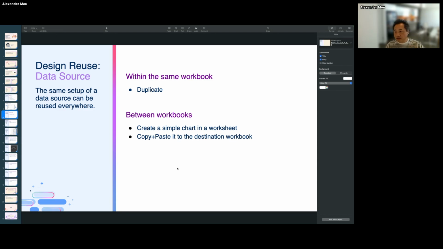And in the data source setup, there could be some joins, some noodle kind of chart there. We may not want to redo them, right? So we just copy the data source in this way to a new workbook.